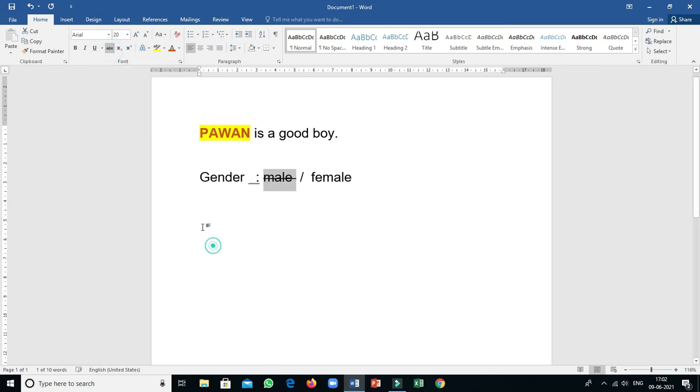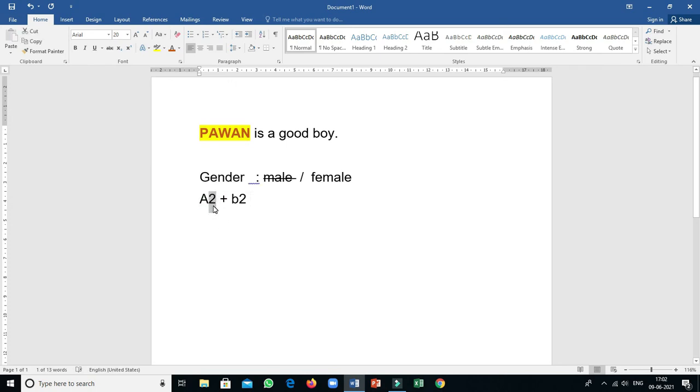Now for subscript and superscript, if I have to write a square plus b square in such a manner, the 2 should be promoted to superscript.